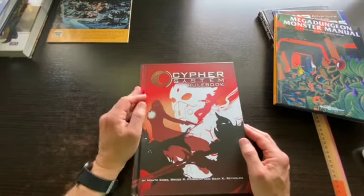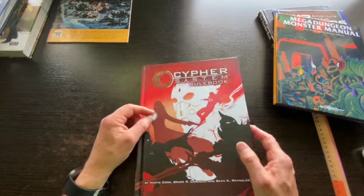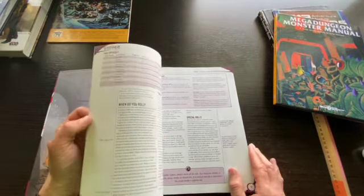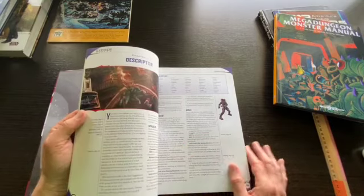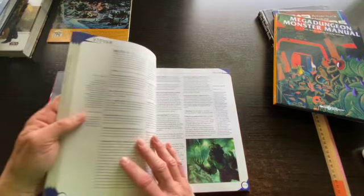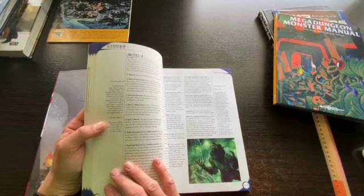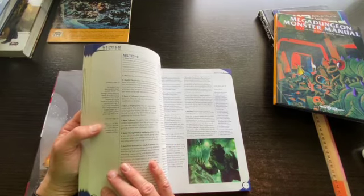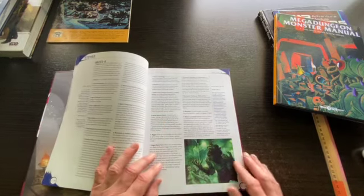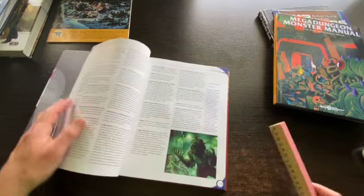Let's look at the Cypher System rule book. This is pretty unusual. They have pretty wide margins on the side, and they put information in there. And so now what we're dealing with is a book that is